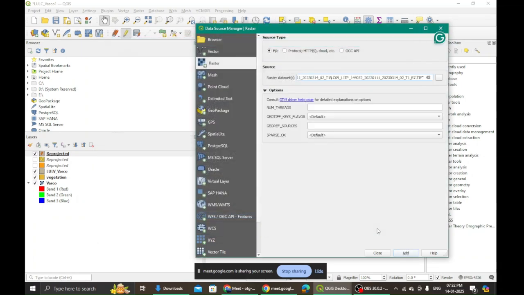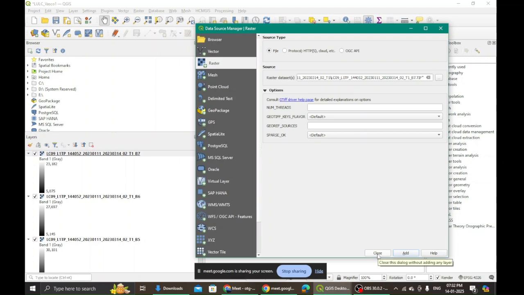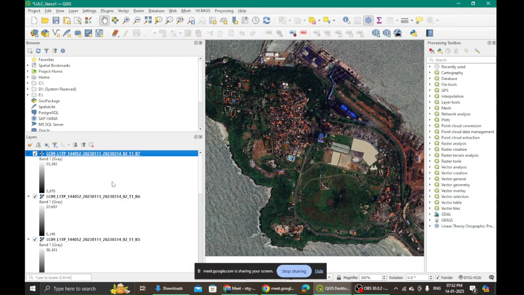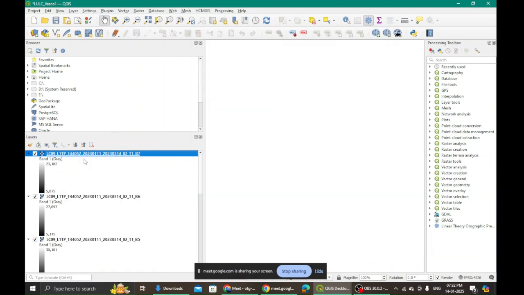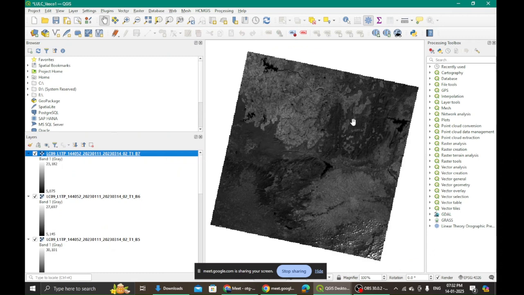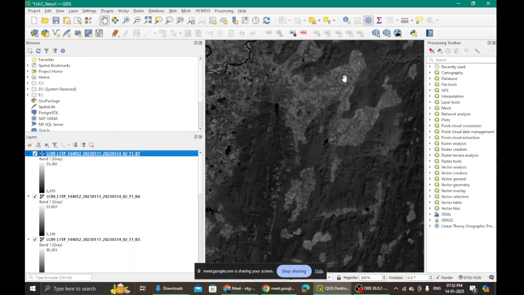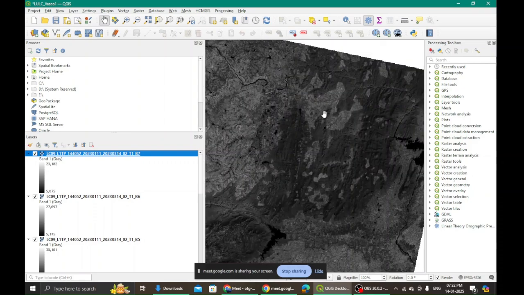and I am opening them. Okay, once I open it, that is not enough. I cannot close it. I have to first add, right? And then only I close, right? I close and I see. I'll just right click on this and I will say zoom to layer so that it takes me to the file wherever it is, right? I mean, it takes me to the satellite imagery wherever it is. This is the satellite imagery.